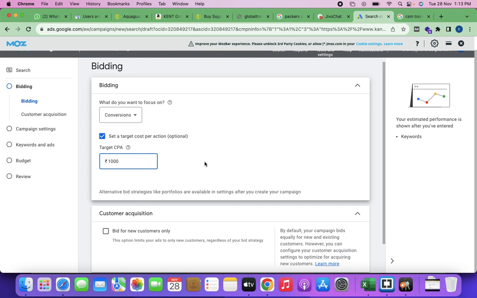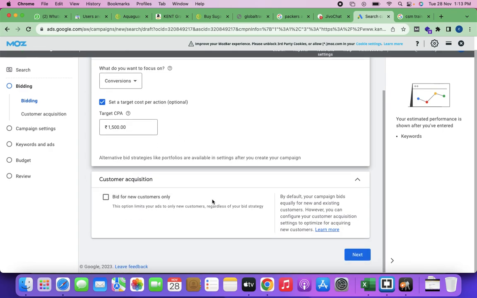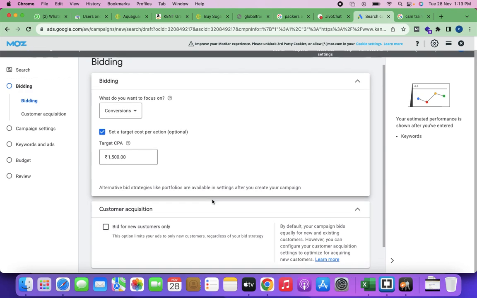It says, boss, the click itself is costing you 100 rupees and I cannot get a sale for you at 100 rupees. Correct? So now everybody bids at 1000 rupees or 1500 as the ideal number, and it makes you bid at 1500 rupees. And it took your bidding strategy into control. Now it starts showing your ads for different kinds of keywords which you didn't want to bid on.